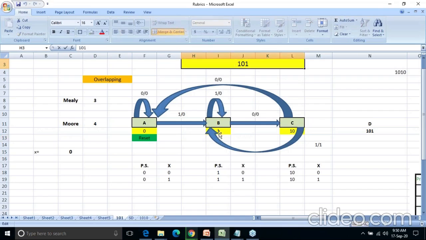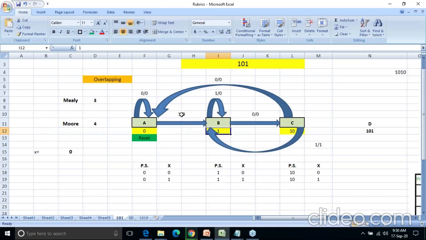And where is 1 detected? In the state B, because I told you if you are in B state, 1 is already detected or you are detecting 1. So here when I am in state A and I am getting input as a 1, I will move towards what? You need to put an arrow. You are going towards the B state. What is meant by B? Where 1 is detected or 1 is detecting.